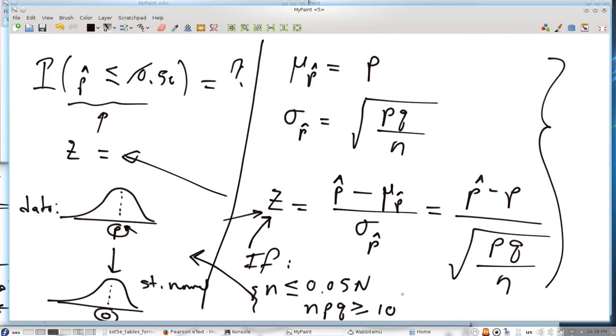Given our data for the sampling distribution of the sample proportion, we must test the data to make sure it has a normal distribution, and if so, then we are able to convert it to the standard normal curve so that we can use the standard z table to look up the value for any probability that we want to compute, something like this. So let's take a look at one example.